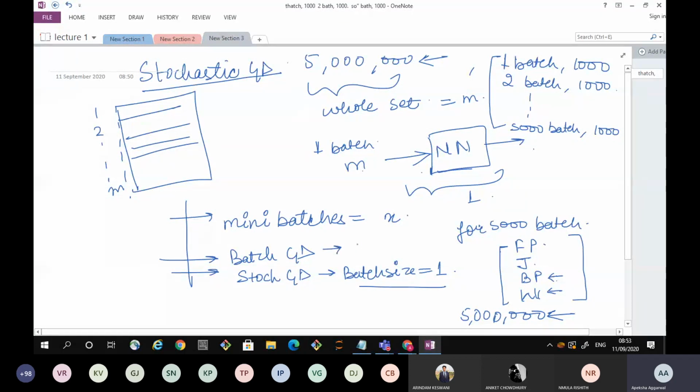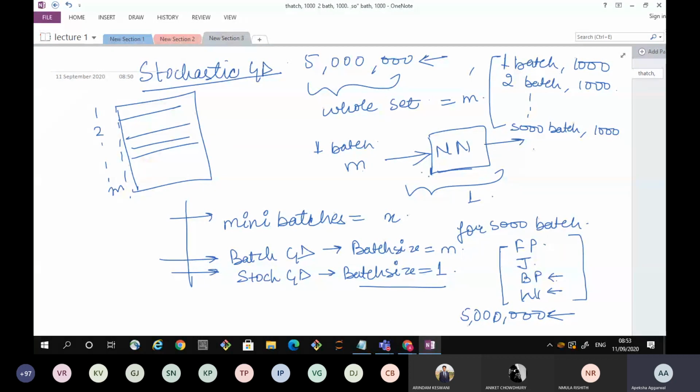And in batch gradient descent, batch size is m. The gradient descent that we have discussed earlier was batch gradient descent, where we give the whole training set as input. Whenever we give the whole training set as input to the model, and then update weights, this is called batch gradient descent or normally gradient descent. So here batch size would be 50 lakhs. And stochastic gradient descent is when we give only one training example, then update weights, then give another training example, then update weights, and so on.